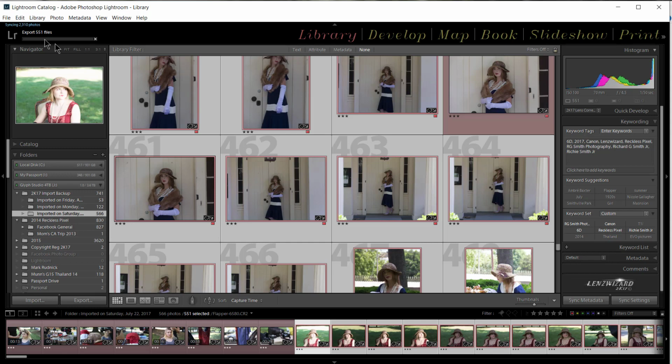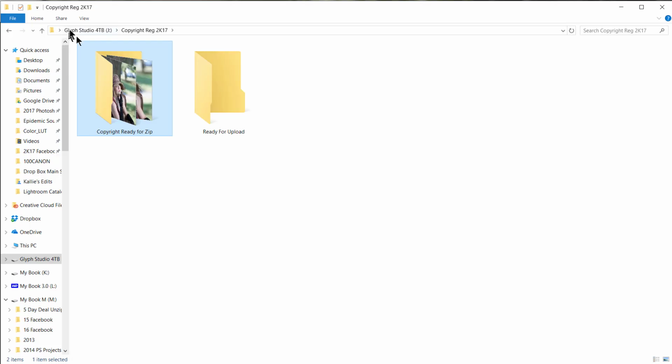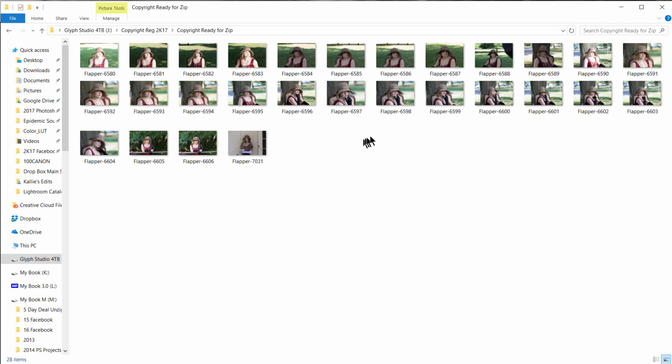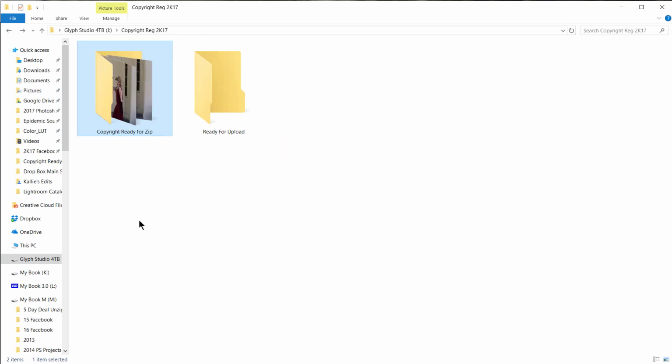551 files are exporting, and you're going to watch the status bar. It'll go across, and we'll pick up the video when that's done. Okay, it's actually still in progress. You can see the thumbnail changing on the folder. If we open the folder, you can see that they're coming in. Okay, so our images have finished exporting, and the very first thing is we want to see what our folder